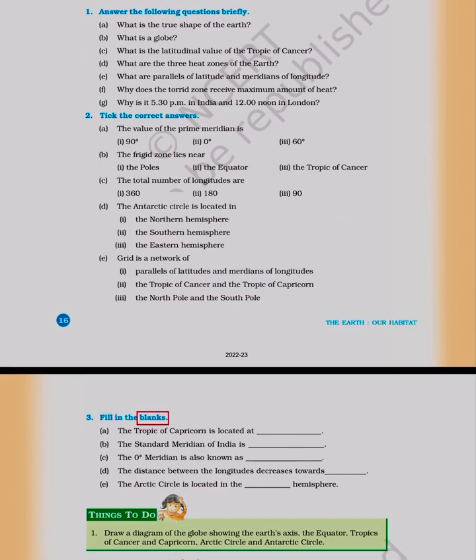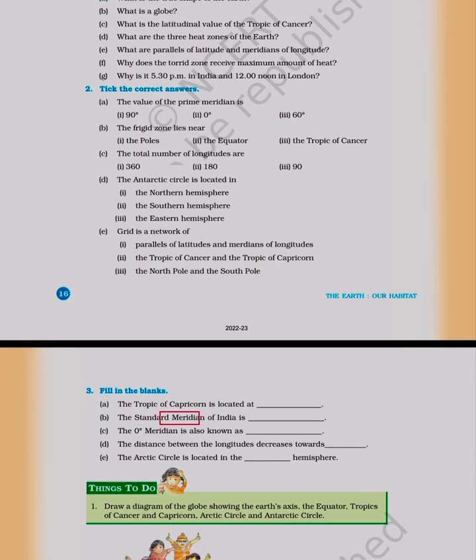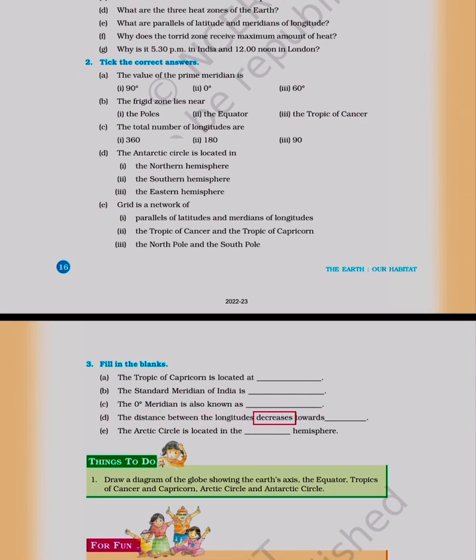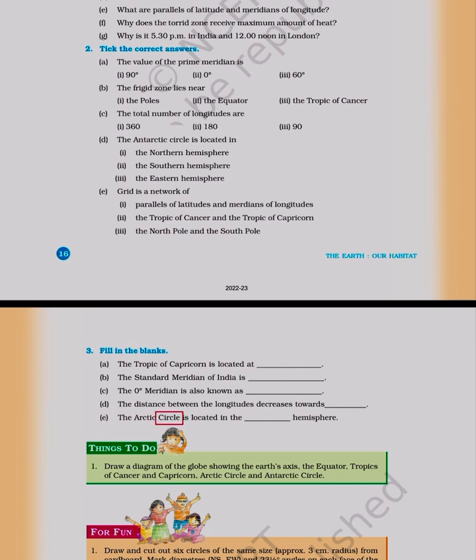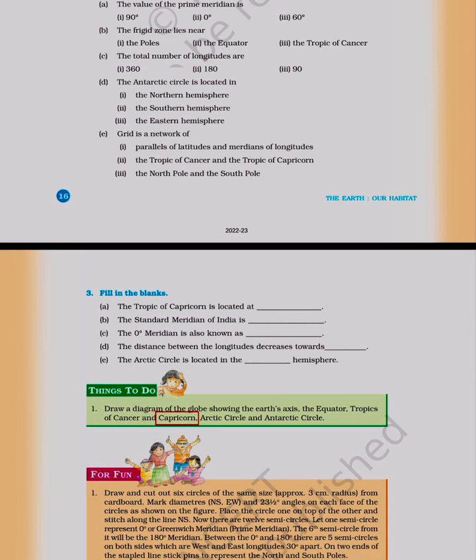3. Fill in the blanks. A. The Tropic of Capricorn is located at ___. B. The standard meridian of India is ___. C. The 0 degrees meridian is also known as ___. D. The distance between the longitudes decreases towards ___. E. The Arctic Circle is located in the ___ hemisphere. 1. Draw a diagram of the globe showing the Earth's axis, the equator, tropics of Cancer and Capricorn, Arctic Circle